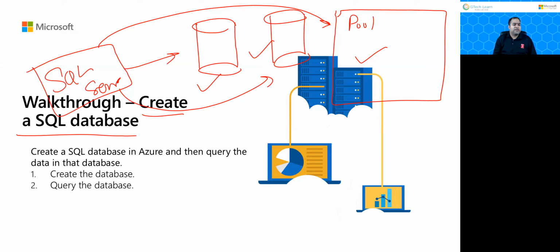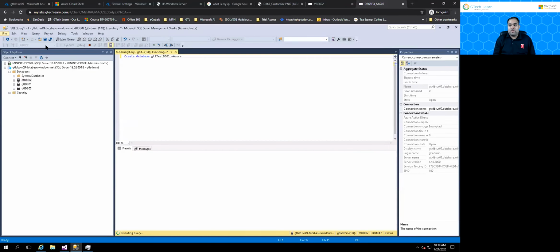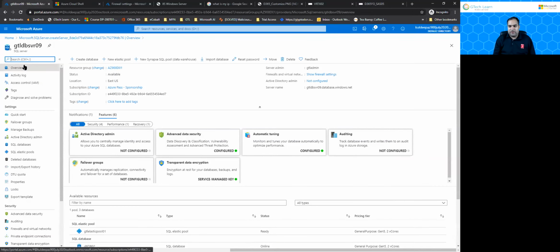Okay, so important thing, the credentials you specified, that's correct. They are at the SQL Server level. More importantly, if I'm on my portal over here at the server, you would like to enable your Active Directory admin, or you would like to go for ADFS configuration in a hybrid mode. You would like to configure your single sign-on using Azure Active Directory. You can always do all those things in here at the server level. That's fine. That was one thing, talking about the software as a service form of your SQL Azure